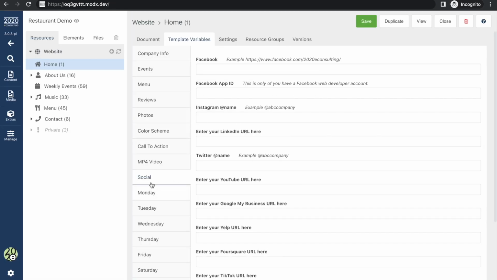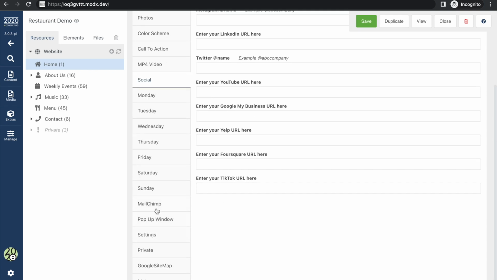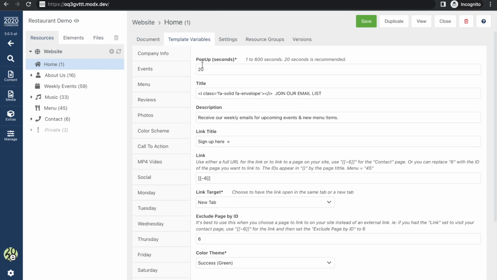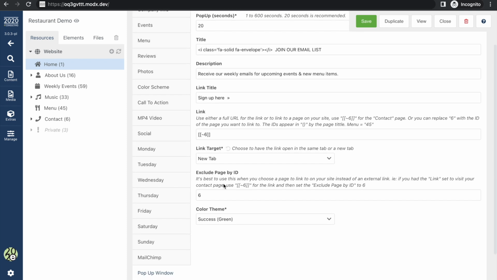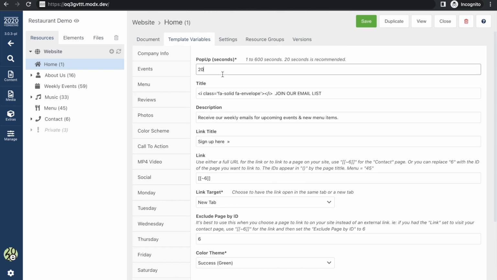All right, so let's go down. Pop-up window. Like I said, by default, the pop-up is receiver emails, and it would link people to sign up for the email. You can have this be something like, hey, we are closed today, and you can have a pop-up immediately. So let's give it a try. We'll have a pop-up in 2 seconds, and we can say closed today. Sorry for the last minute. I'm not going to, but you get the idea.